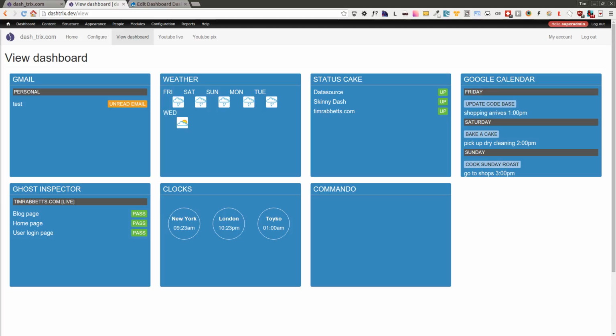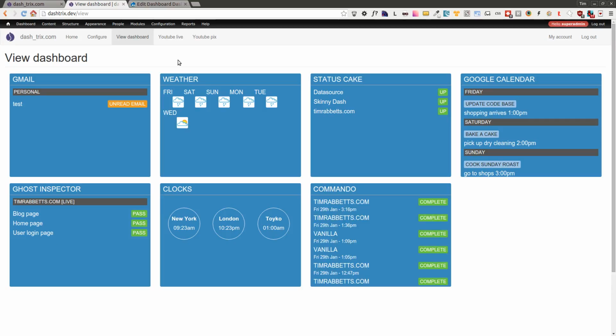Now what I'm going to do is it updates every 60 seconds, so I've just deleted that test unread email, and while I'm talking that will disappear. So it's accessing the Gmail API, it's accessing a weather API, it's accessing StatusCake to tell me if any of my websites are online, it's accessing my Google Calendar to tell me what's coming up today, it's accessing Ghost Inspector,